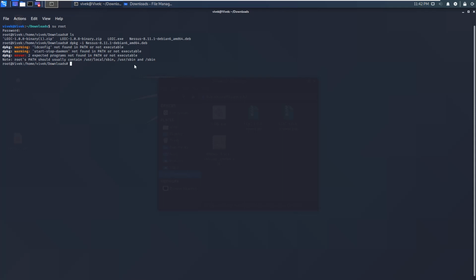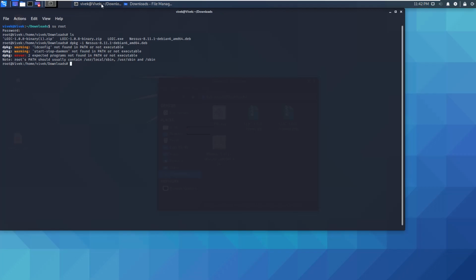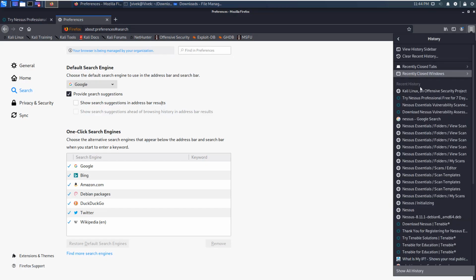Next, when you install this, you will get a path. During the installation you will get a path from Nessus, for example http://. Let me show you the path also.